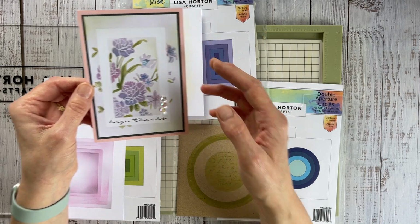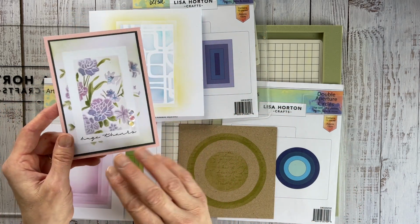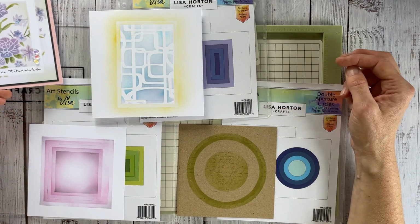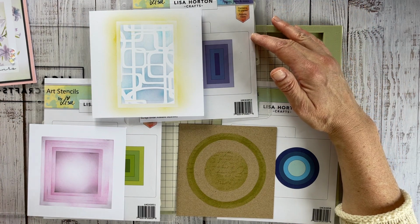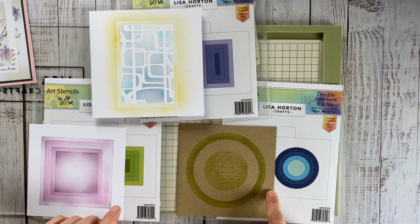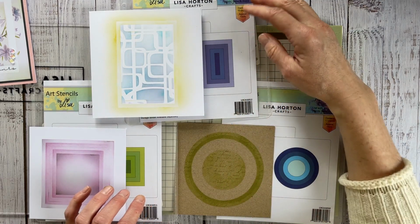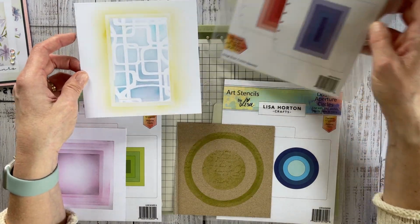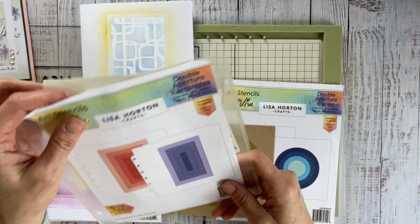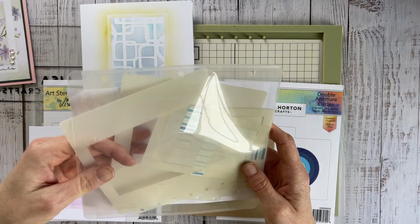Now, all the stencils are in stock. I did have a quick check last night, so unless things have changed. There are 3 shapes in this set. You have the square, the circle, and the rectangle. They're called the double aperture range from the Art Stencils, and basically what that means is that each set of shapes comes with